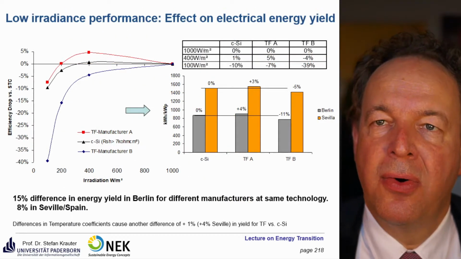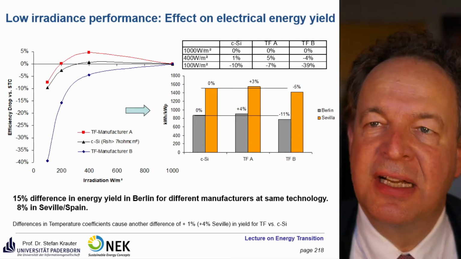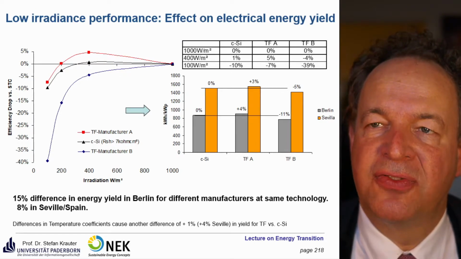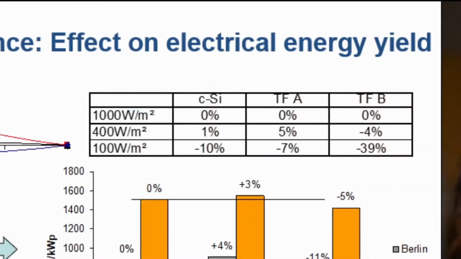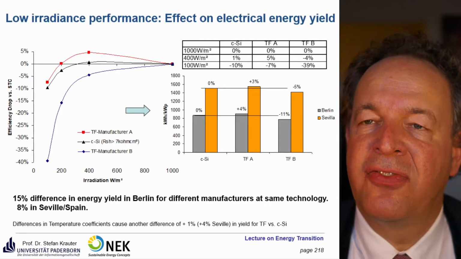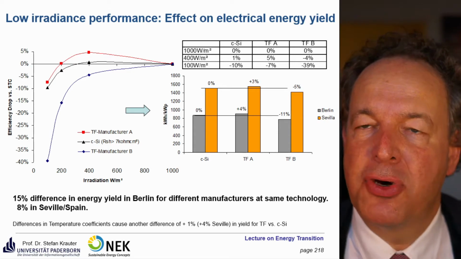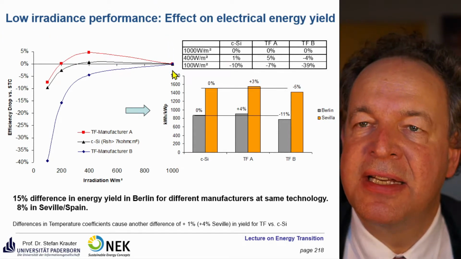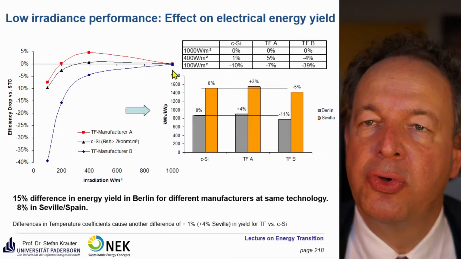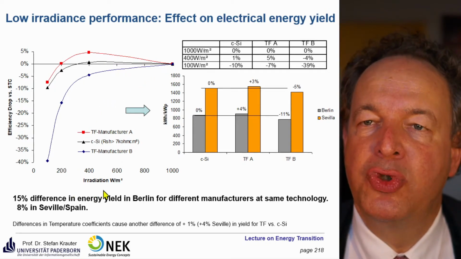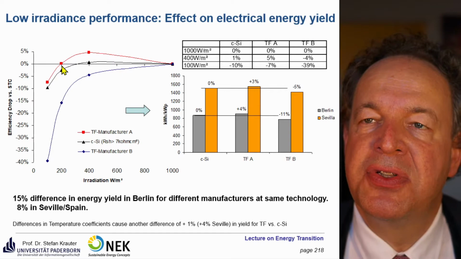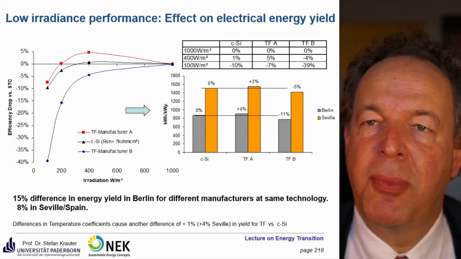Here you see the low irradiance performance or weak light effect. You see here we have three types of solar modules. TF1 means thin film A, TFB means thin film B, and as a reference you have CSI. This means crystalline silicon, and they are normalized to the performance at 1000 watt per square meter here on the right side. And if you go to lower irradiance level, for example to 200 watt per square meter,